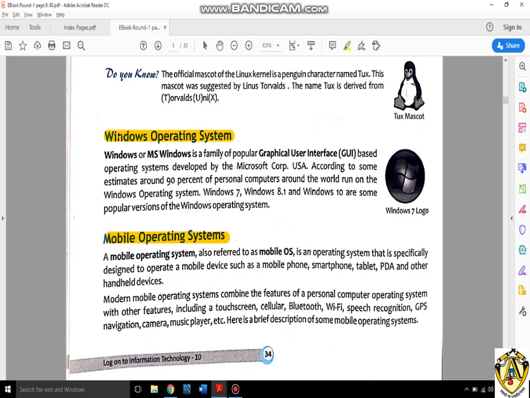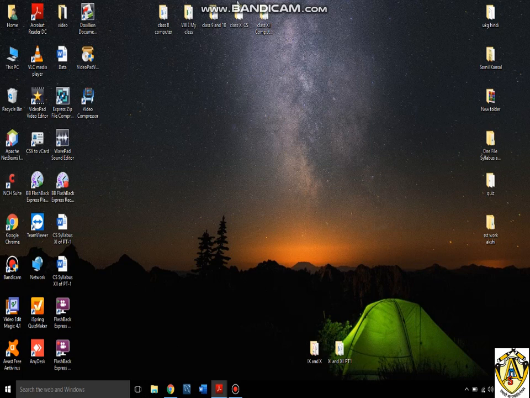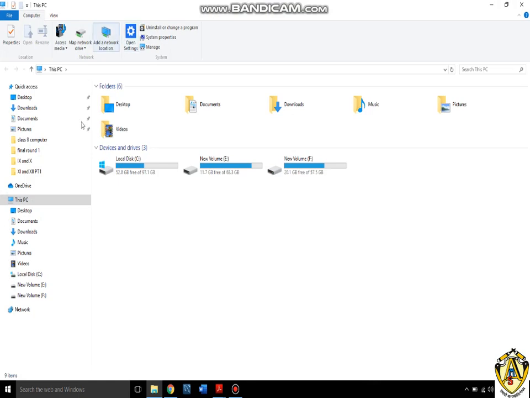The most famous and most popular operating systems are Windows operating systems. Windows is the operating system designed by Microsoft company. MS full form is Microsoft, and these operating systems are all GUI. What do you mean by GUI? Actually, graphical user interface is an operating system which provides you the mouse, desktop, icons, to select the icons by double clicking, and all these windows. These are the parts of GUI.